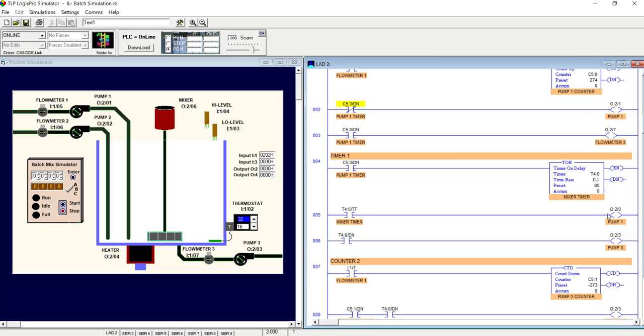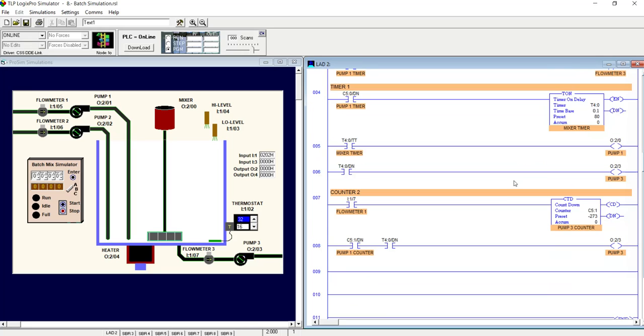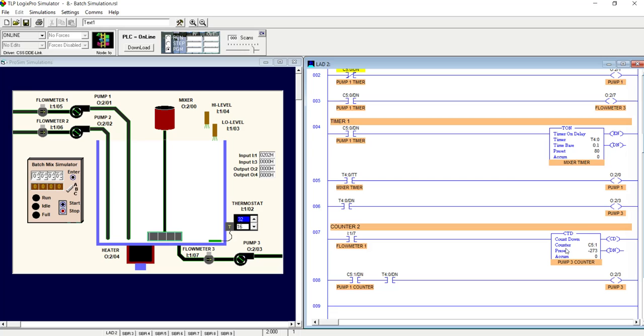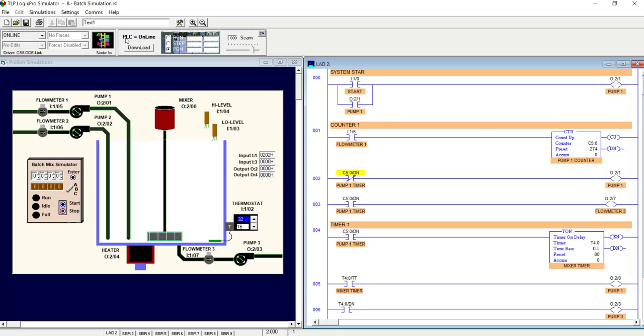Our timer on will be for 8 seconds to fill the tank and leave it out. And then we have another counter that will tell us when we will be empty. So this first one is for fill, counter up, and this one will be counter down for when it will be empty. So let's run it, download it,